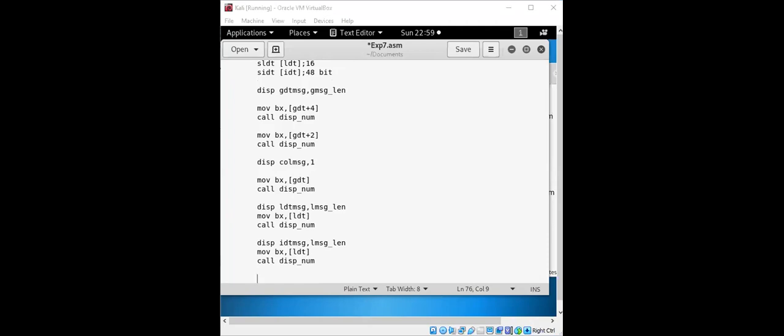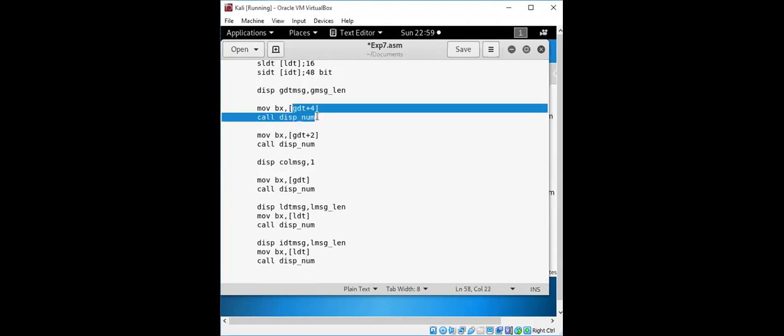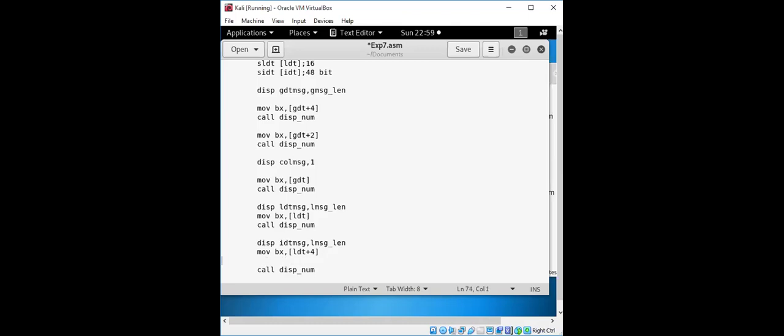Right? So first we'll get the first 4 bit. It's like your GDT, right? So with the same format, GDT 4 bit will be followed. Next bit, we are taking it as an IDT.